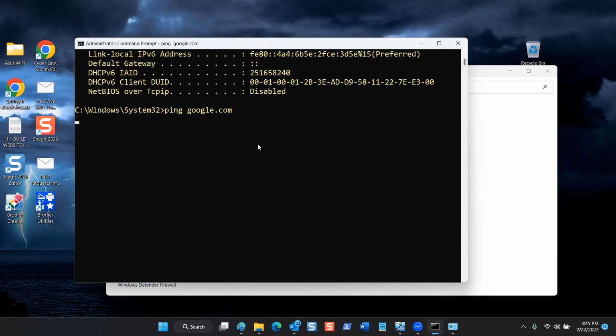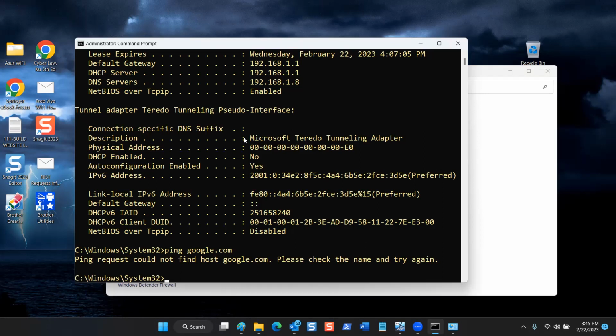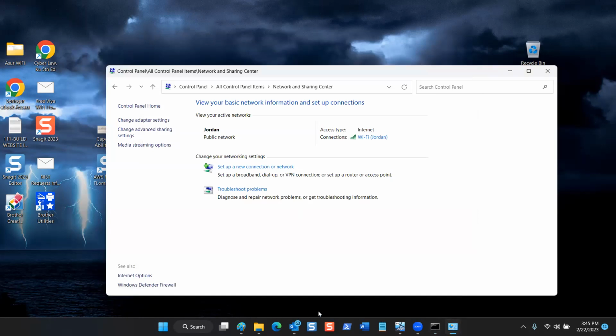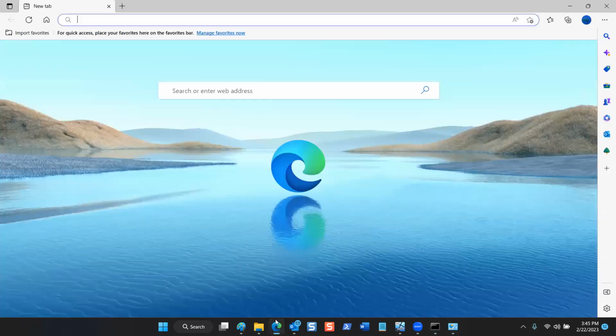It's struggling. It's thinking. It's not sure what to do. It said ping couldn't find google.com, right? Let's open up a web browser and see if the web browser can find www.google.com. Now, Edge has built-in security so that it takes any request I have and it sends it first to